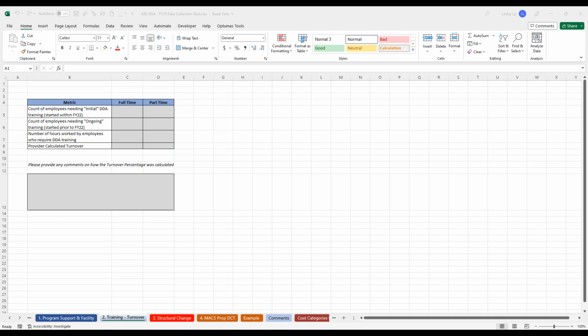And just to give a little more context to that, the intention in row 7 is to figure out the denominator. So let's say you have 10 employees who needed 40 hours of training for the whole year. That would be 400 hours, and then we want to find how many hours they worked in total for the entire year, so we can divide that out and get the percentage of training relative to the total number of hours that are worked on average.